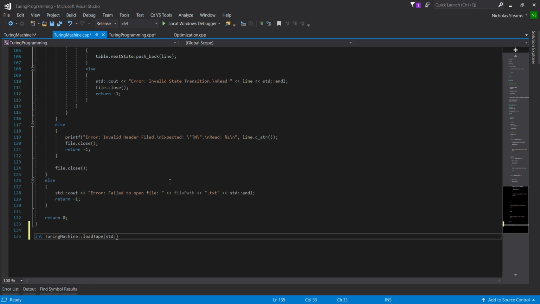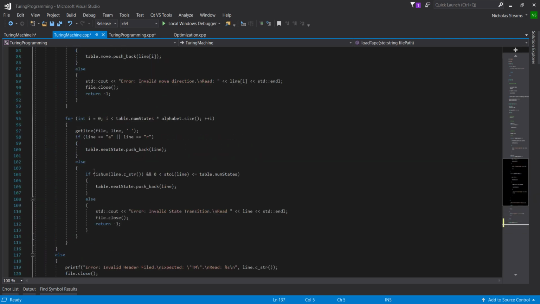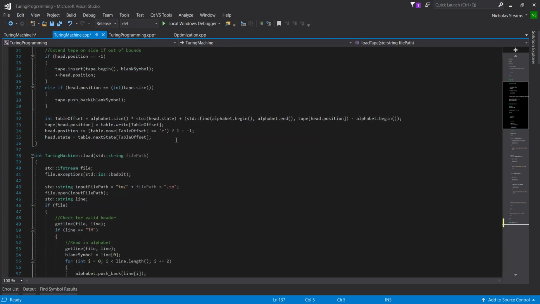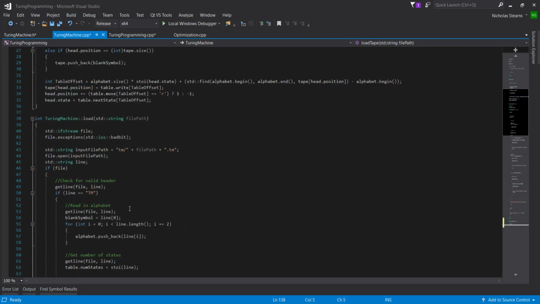Loading tape, and then taking the file path. Right, so the first thing that we're going to want to do is create the ifstream. We're not going to be writing to this file, so it's sufficient to just be a file in. And then we are,